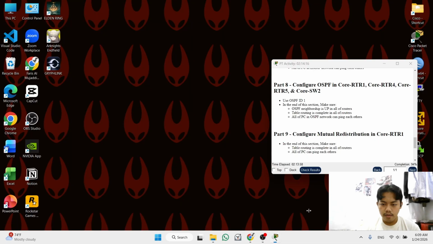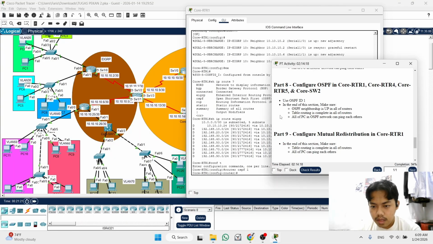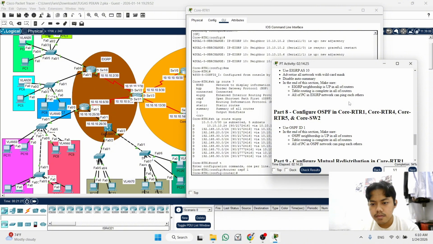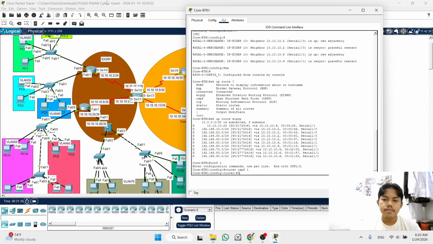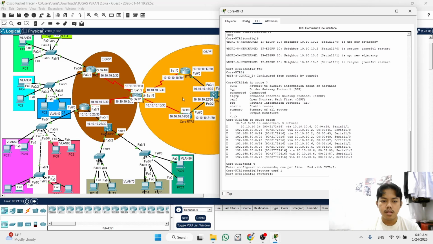After that, the step is like EIGRP, but there is one thing you need to add. For that I see the routing table first. Now, first we will enter the network of the neighbor. The network is 8 and then the wildcard mask.